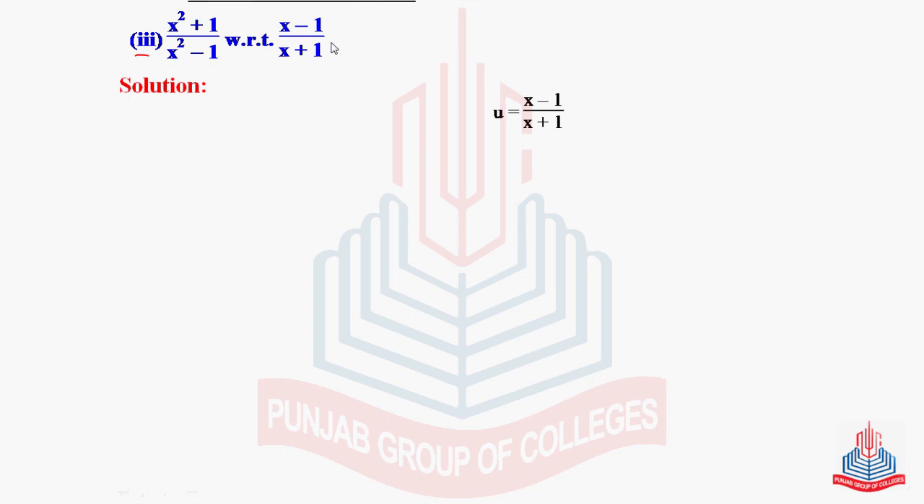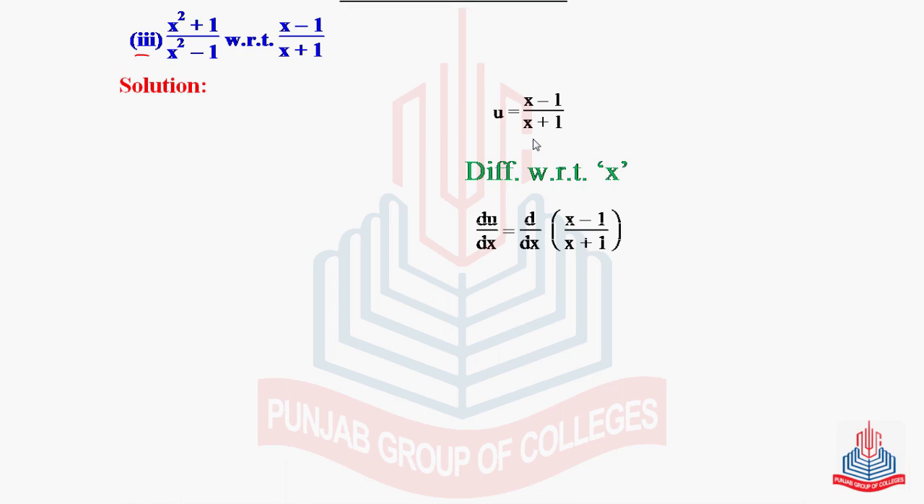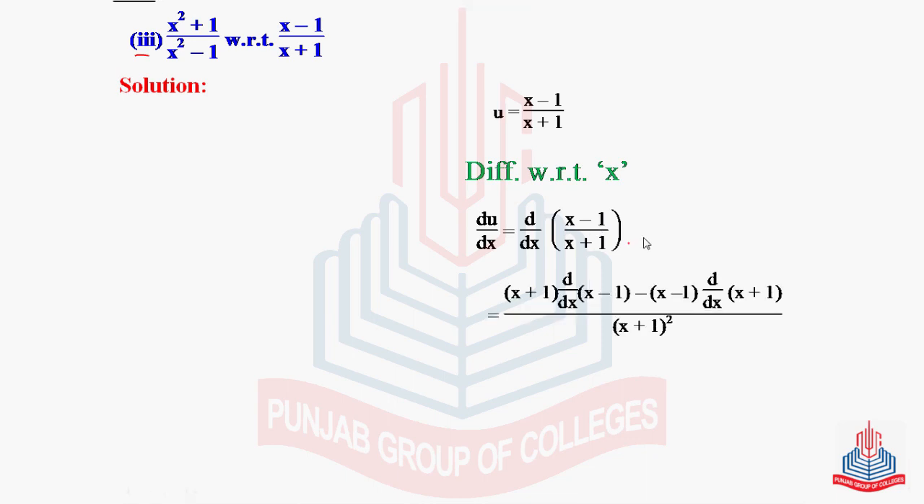First, we calculate the derivative of u with respect to x. So giving the name u to (x minus 1) over (x plus 1), differentiate with respect to x, du by dx. We have here d by dx of (x minus 1) over (x plus 1). By using the quotient theorem, a simple thing, (x plus 1) whole square in the denominator, and x plus 1 will be as it is,